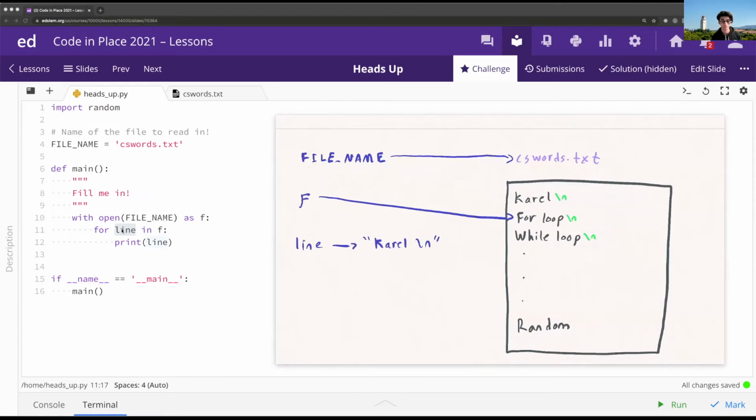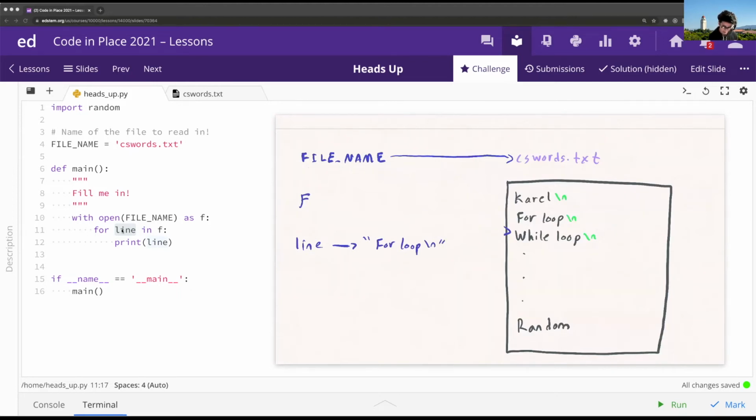So we're going to start the for loop again from the beginning. And so this time, f is going to move forward on this line until it gets to the start of the next line. So if we do that, then what's going to happen is f will point at the very beginning of the while loop line, and this variable over here will be replaced by for loop \n, because that's what f scanned the previous time. We'll do that one more time.